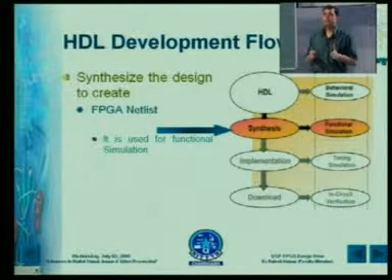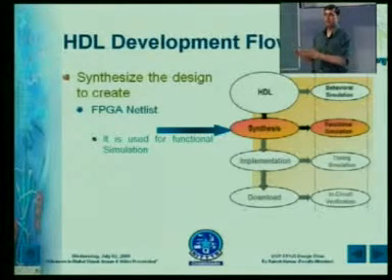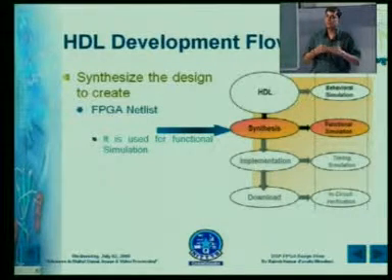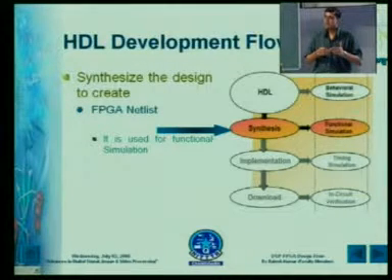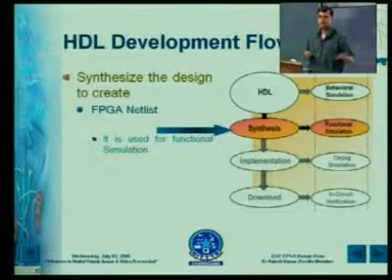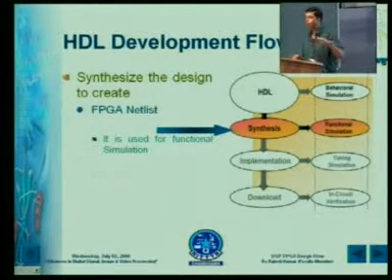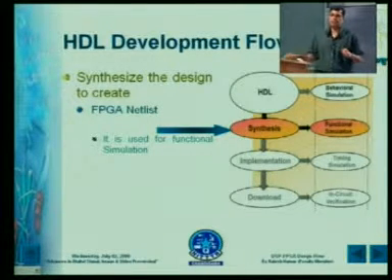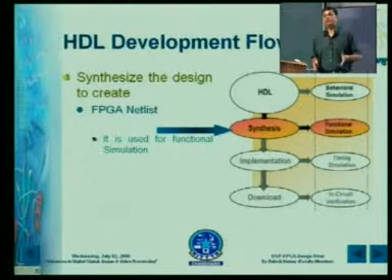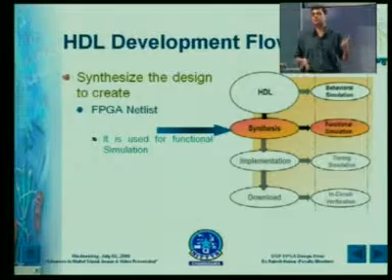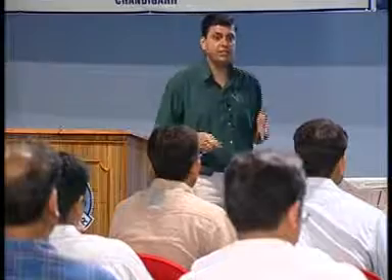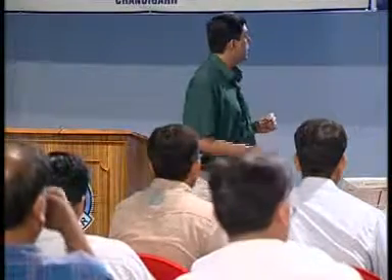Netlist means the number of resources required for your circuit: how many multipliers, registers, adders, and subtractors are required. Accordingly, on the FPGA you have different types of resources, like slices, flip flops, registers, and different inputs and outputs. So, you will get each and every detail about your circuit through this synthesis report. It also checks the function of your circuit.